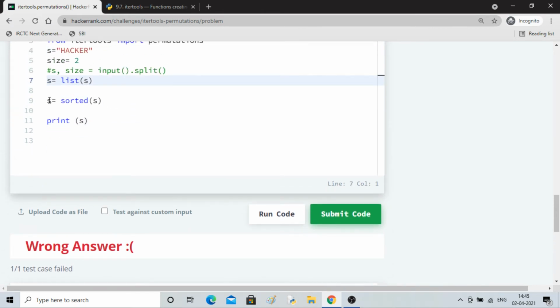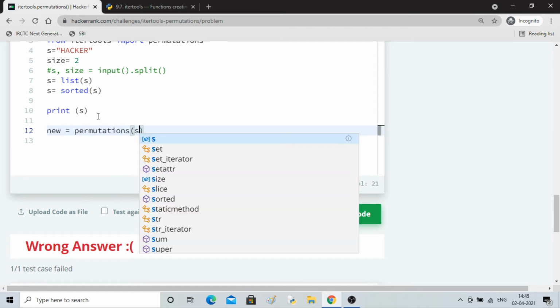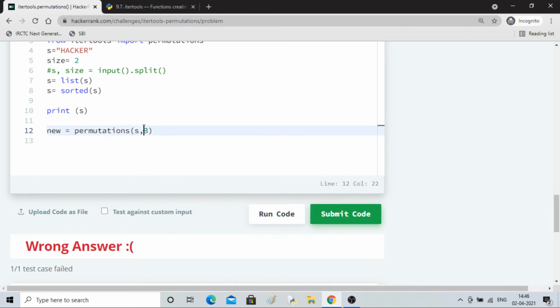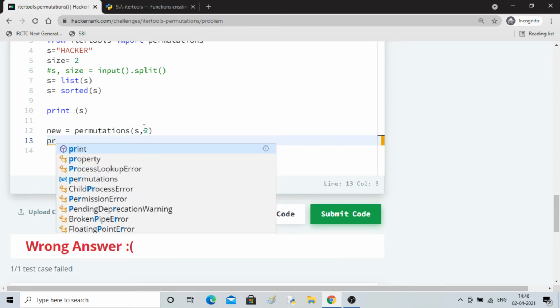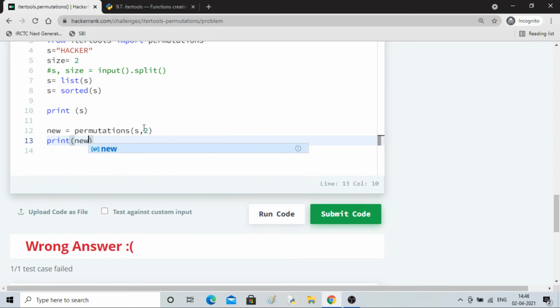And what we can do here is permuting. So let me define something new as equal to permutations of S, and the size is 3, no, size of 2. Let me print this new.